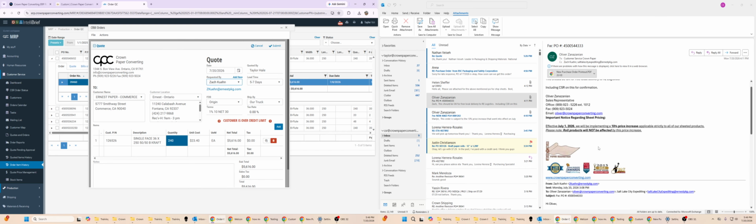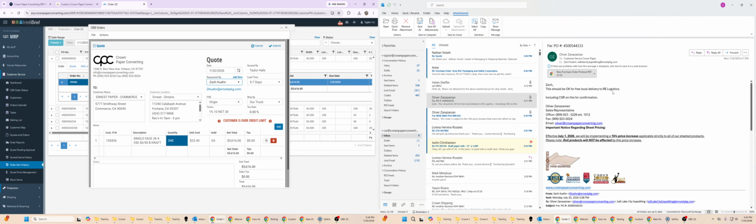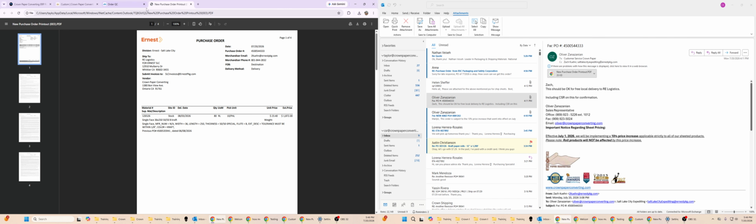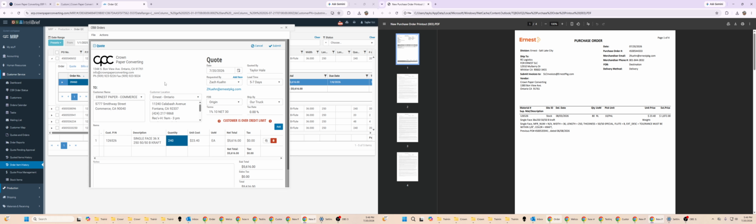And it looks like this is delivering to RE Logistics. So let's see if that's in here. This is actually good because if this isn't in here, we can add this. Okay, so let's add the shipping location because we see that this one is not RE. Yeah, let's just make sure one more time. Yes, this one's not in here. Okay, so we're going to